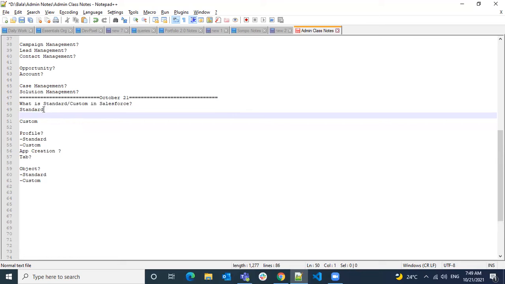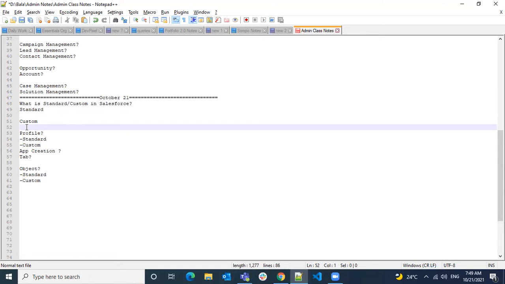And custom is where you have full control. Still, in custom also there are some things used by Salesforce where we don't have control, but most of the things you can control in custom, which are created by us, like who are the admins or who are using the org. Those are the custom things.